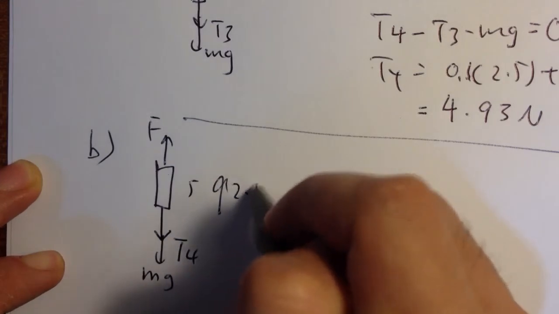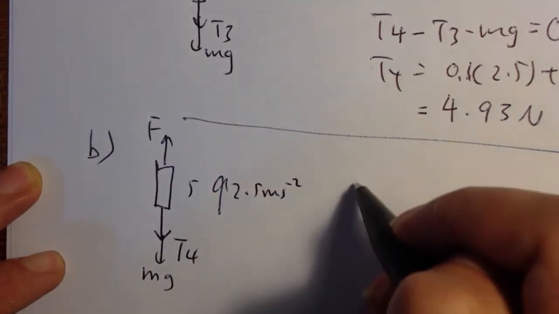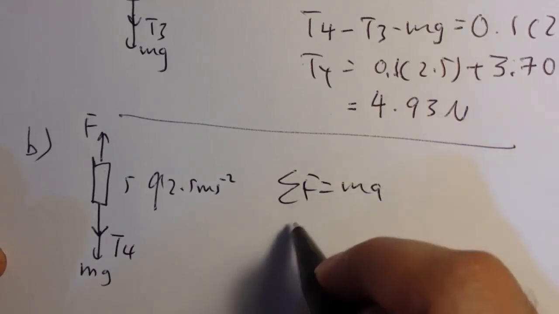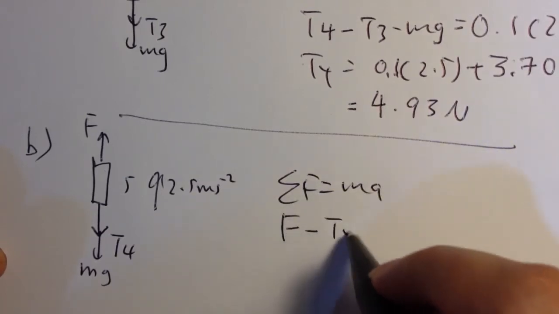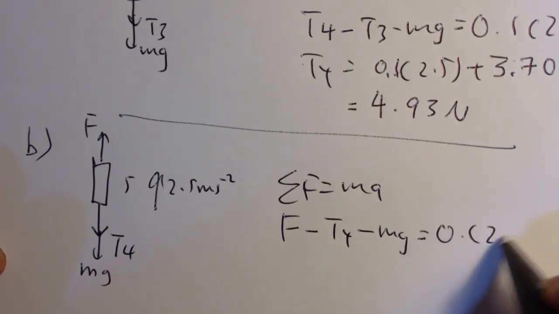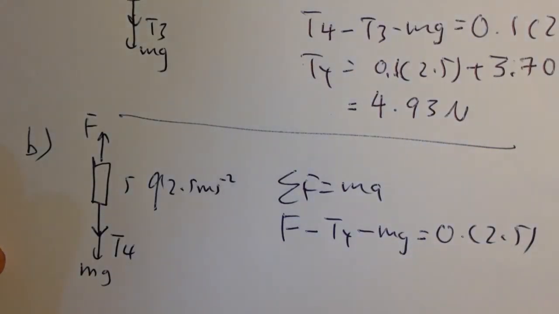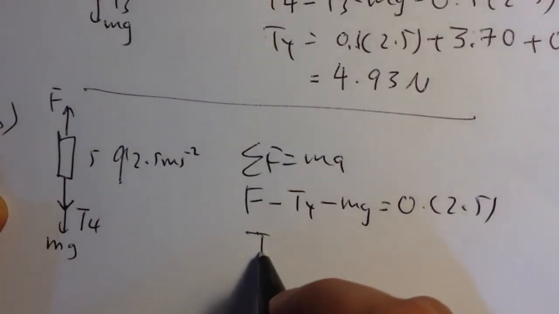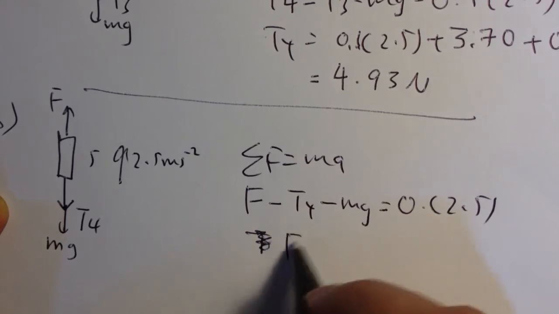It's going up at 2.5 meters per second squared. So if I apply Newton's second law to this, I get F minus T4 minus mg is equal to 0.1 times 2.5. It's the same, and if you do that, you actually get F is equal to